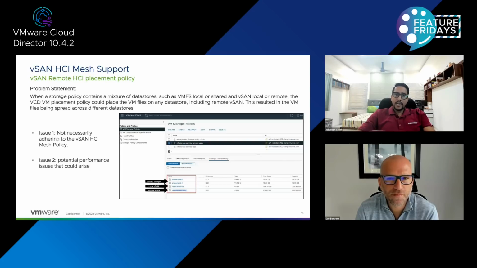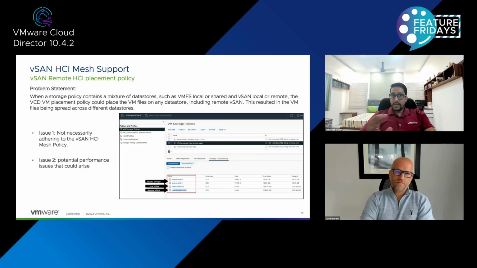Up until now, let's say, for example, if we have a storage policy which has multiple data store types, like it could be VMFS local, VMFS shared, local vSAN, or remote vSAN, correct? It is possible for the virtual machine VCD placement policy to pick any data store within the VM to place